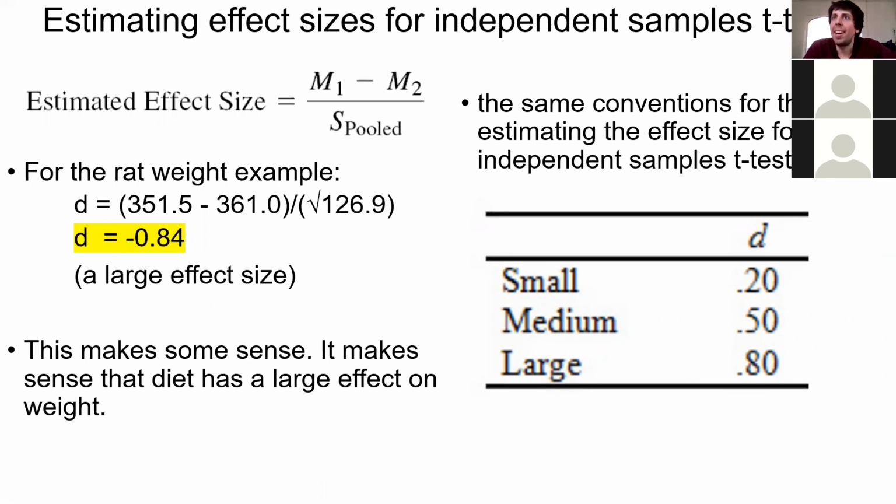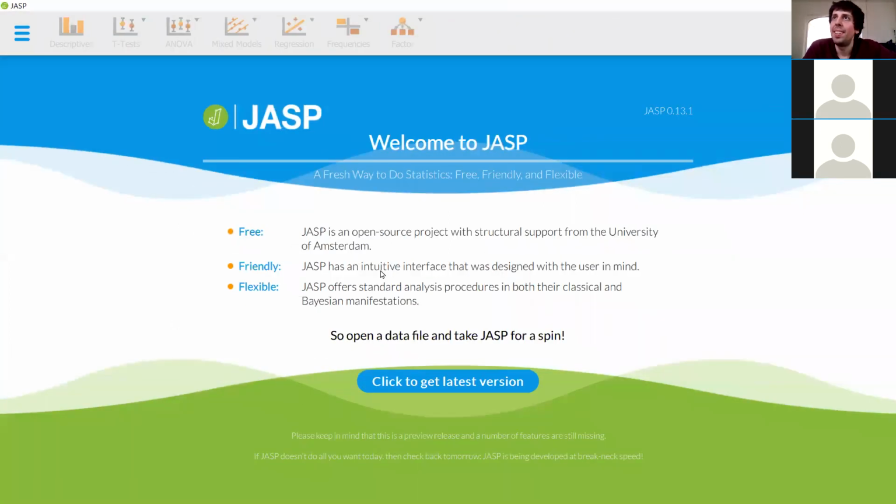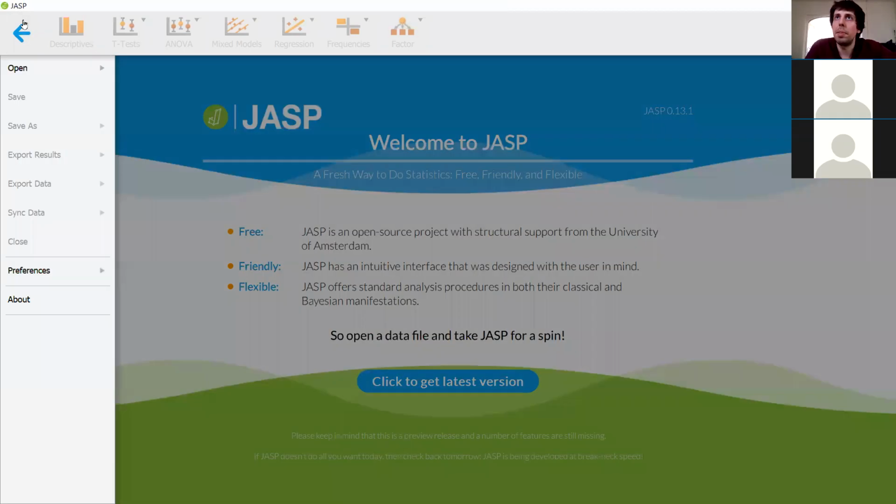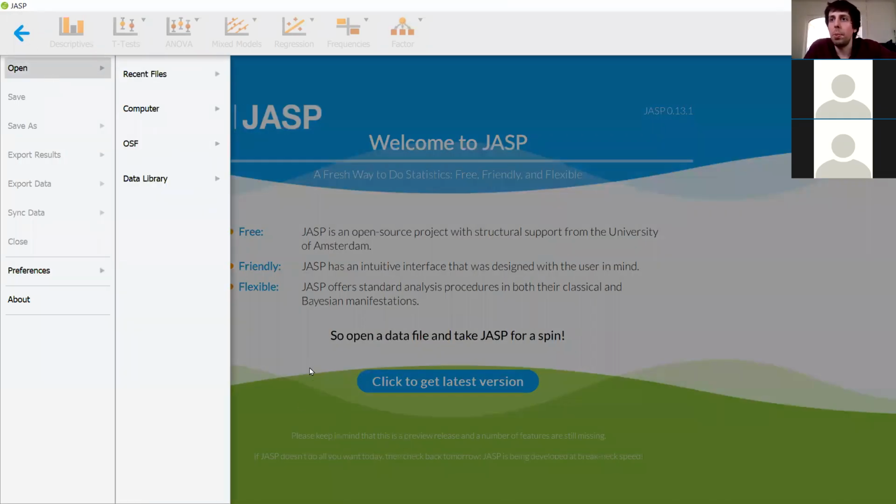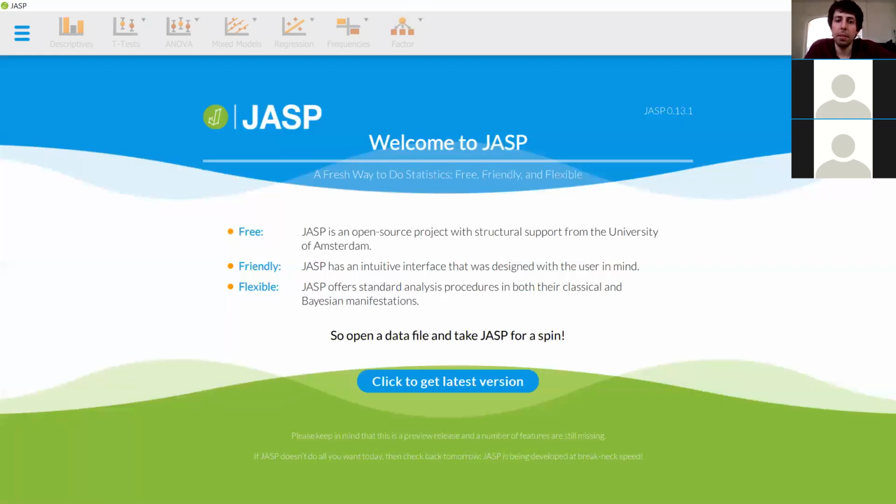If you remember all the way back, JASP was a software tool that we use to calculate various things of interest. And one of the things that JASP is able to do is an independent samples t-test. So let's take our